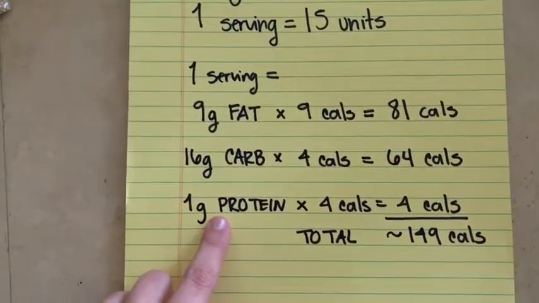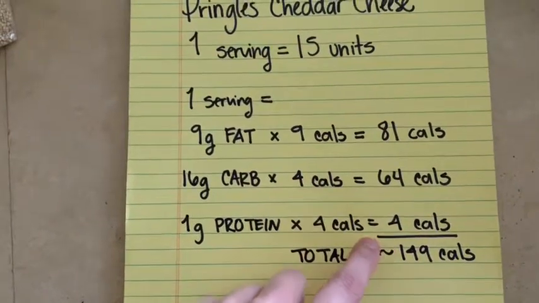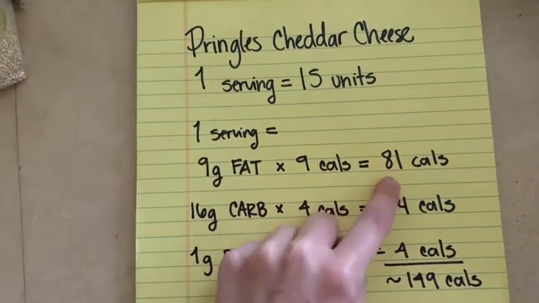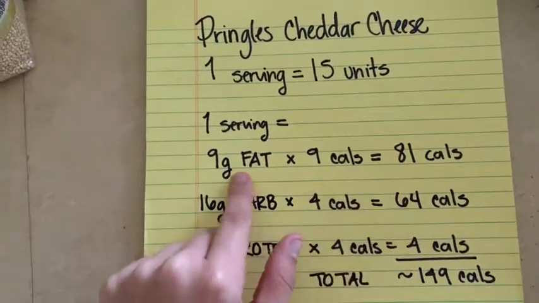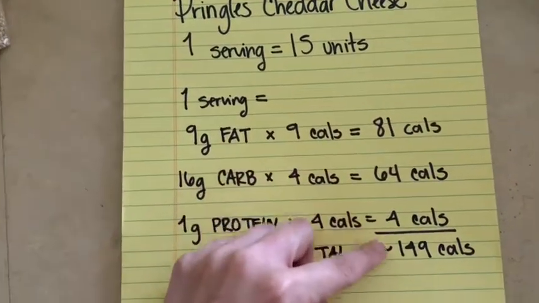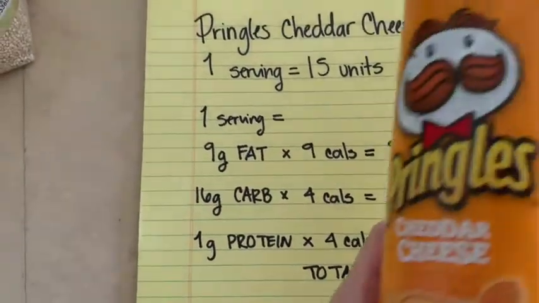And 1 gram of protein is equal to 4 calories as well, which equals 4 calories. So if you can see here, this food is going to be categorized as a fat because this is the highest value. Now, if you add these values, it's going to add up to 149, and our container says that we have